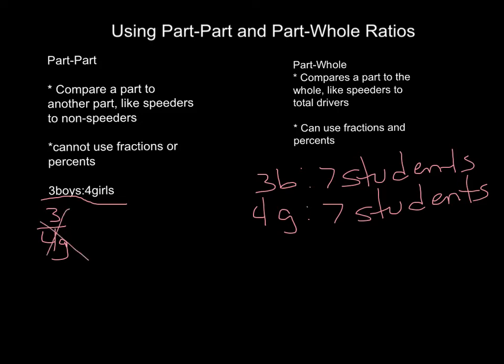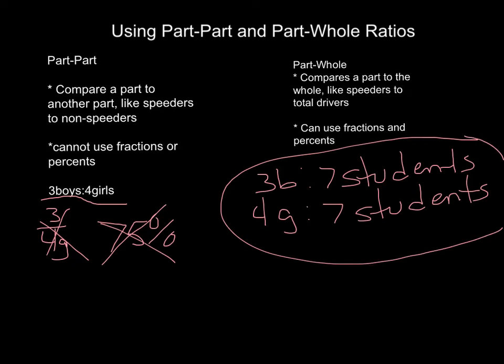So since it doesn't make sense, we cannot write it as a percent, because written as a percent, that is telling me that 75% of my girls are boys, which clearly the numbers do not support. Because if I have more girls than I have boys, then I can't have 75%. So this is why you cannot use a fraction or a percent when looking at a part-to-part ratio. However, because we switched this over to a part-to-whole ratio, I am now allowed to use